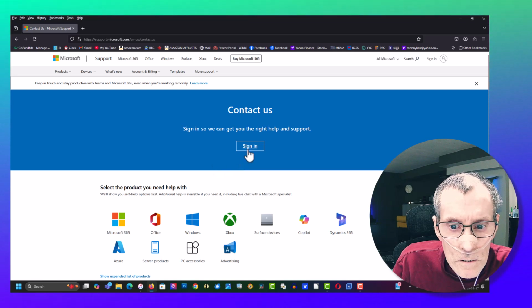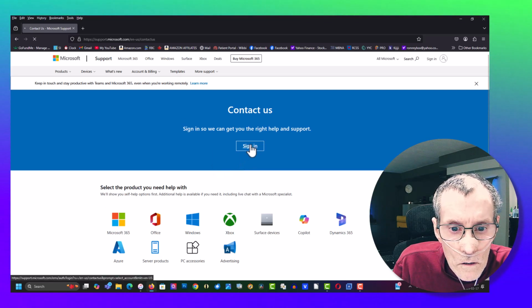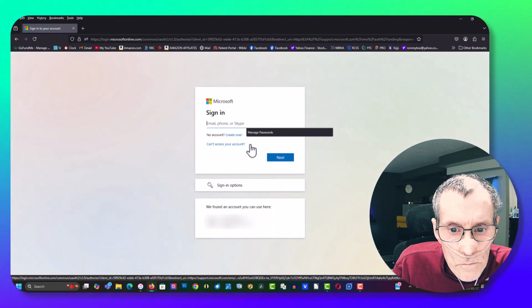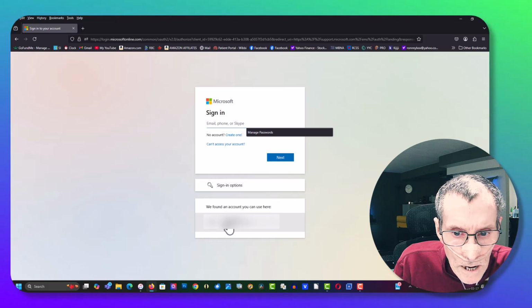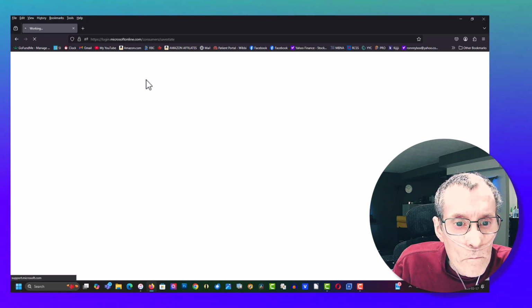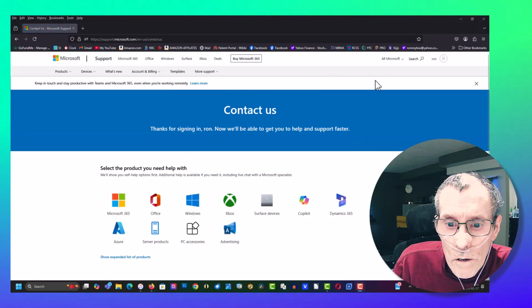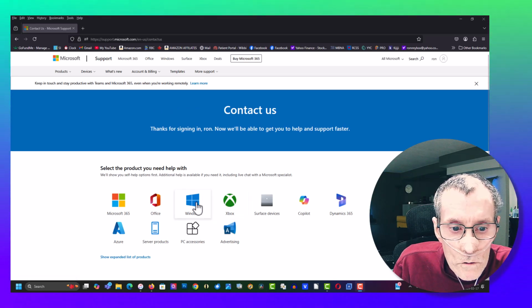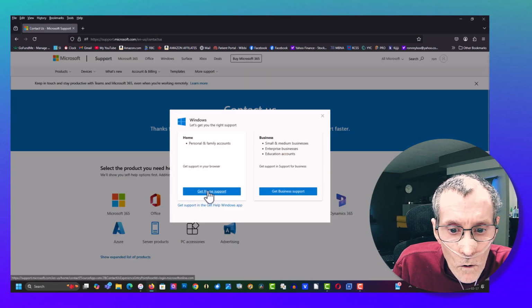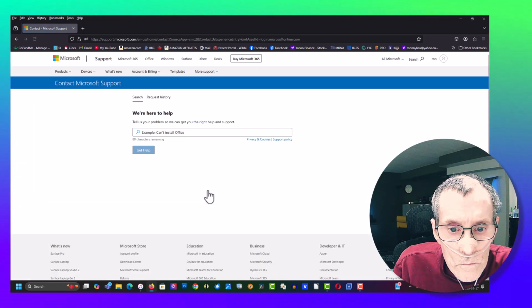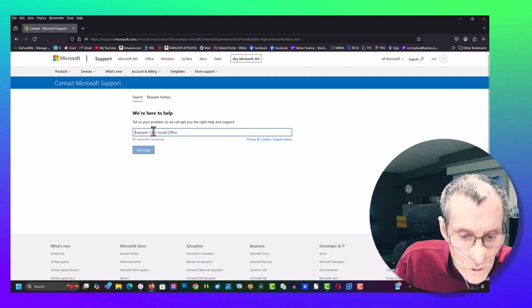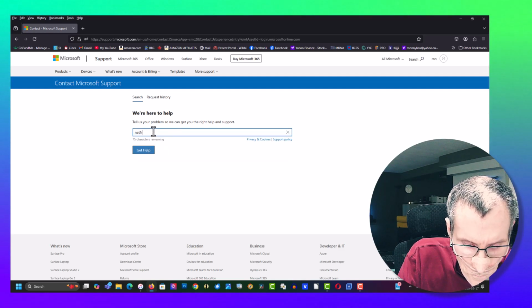So you have to sign in. If you don't have an account, create an account. I already have an account right here. Recording software right here. And now we're selecting Windows, Home Support. Let's put in here net frame